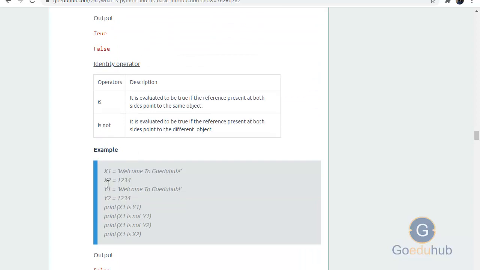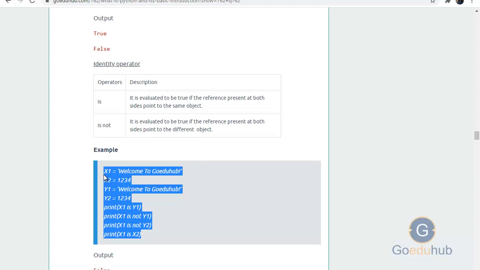Like x1 is equal to welcome to GoEduHub, x2 is equal to 1, 2, 3, 4. Similarly, y1 is welcome to GoEduHub and y2 is equal to 1, 2, 3, 4. You can see here x1 is y1; if both are the same, then it will return true. Let me execute this code.